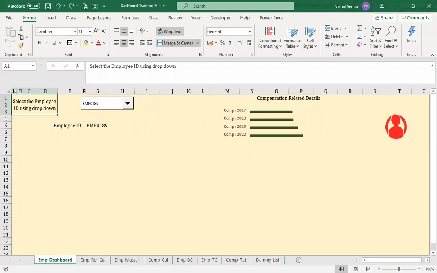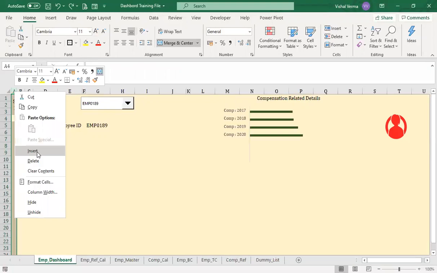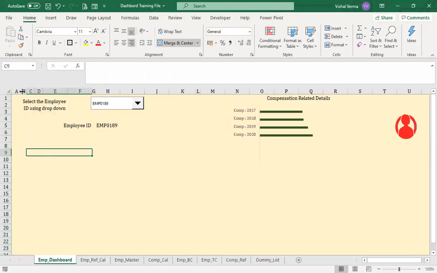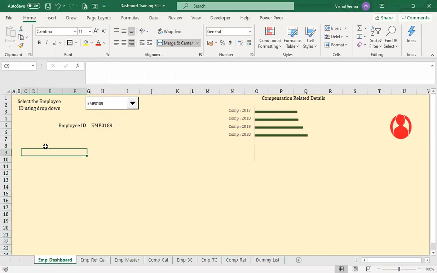Let's insert a chart here, a small row, or you can say small cell, so that it will look a little bigger one.